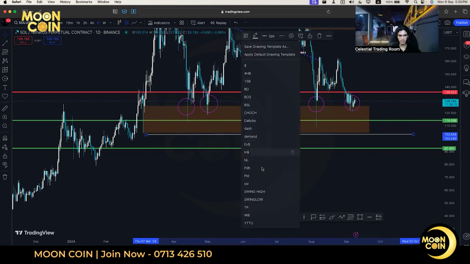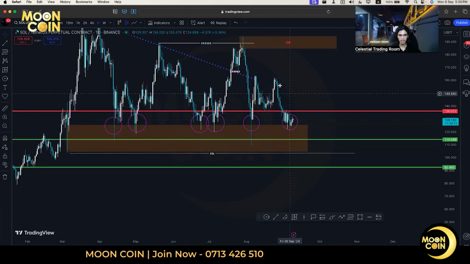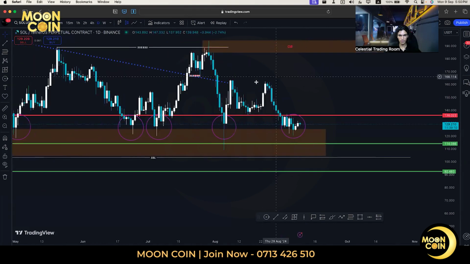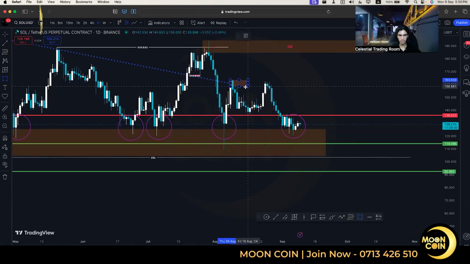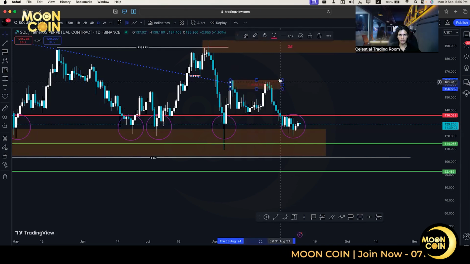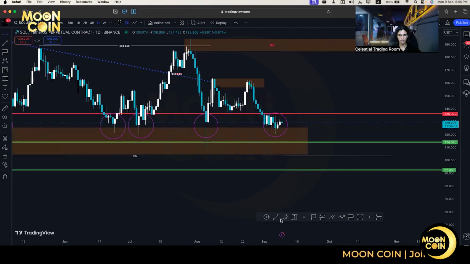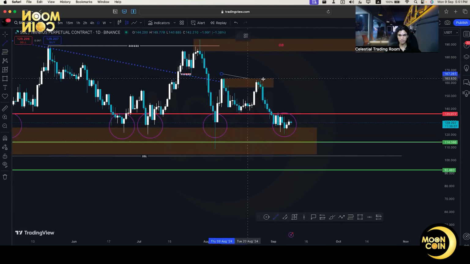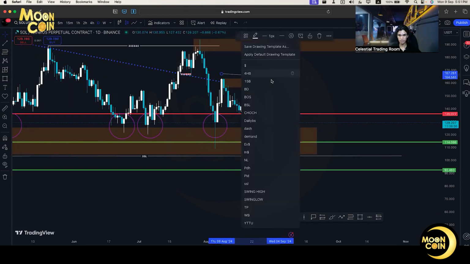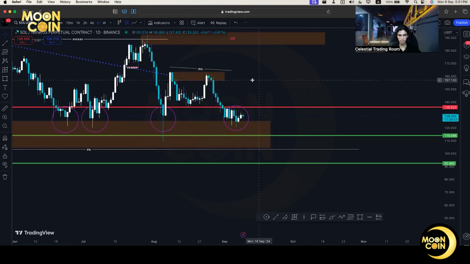We'll mark it out as sell side liquidity, and you can see this has a supply zone here. It has been mitigated, so this will be our next liquidity zone. We mark it as BSL, buy side liquidity,